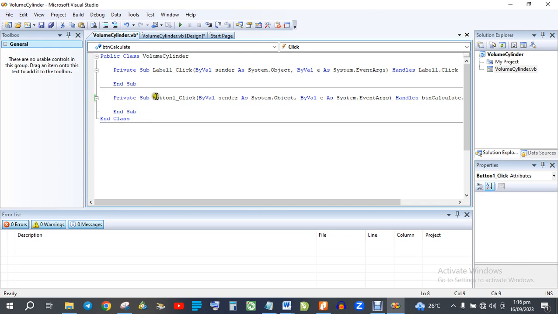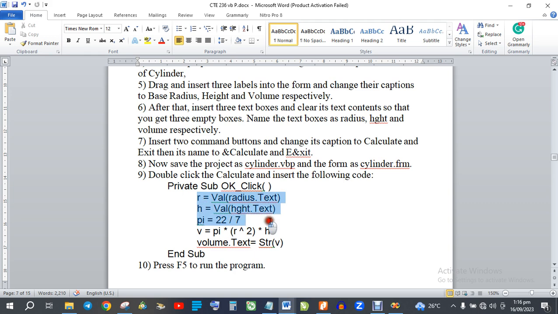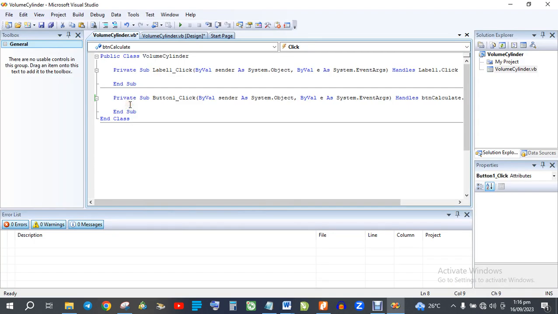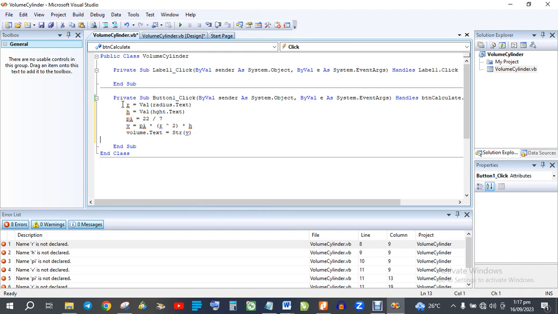So copy this. Name R is not declared. That's true. And this button 1 will be calculate. R equals to value. So what is R? We need to actually declare this variable. To declare R, to declare R,